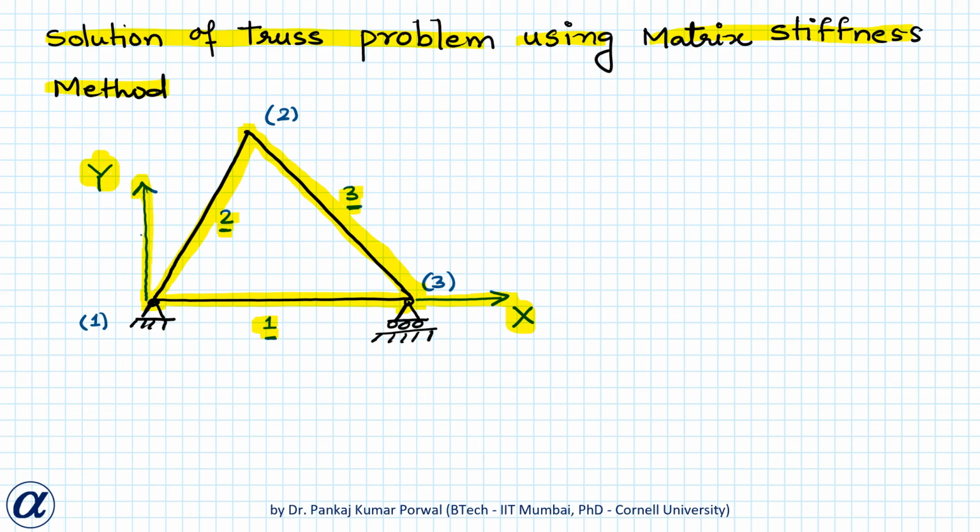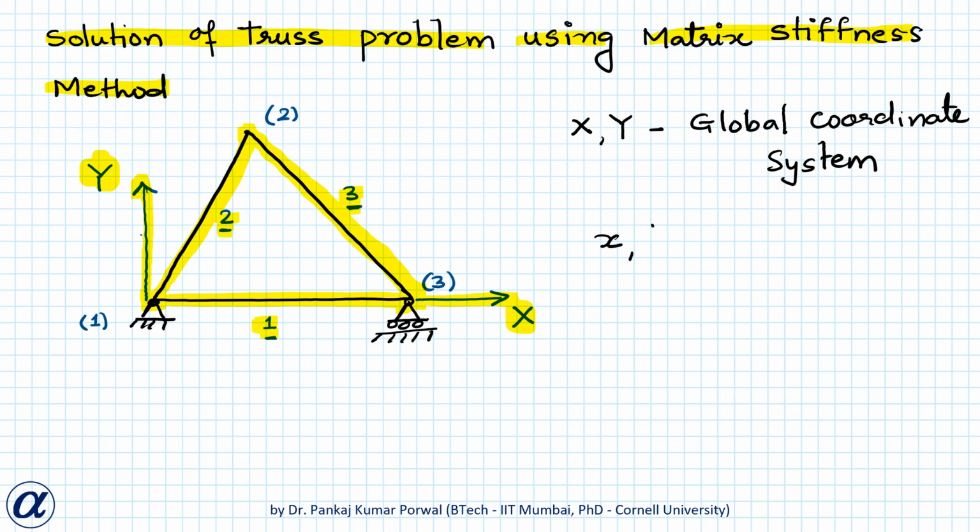Here I have also shown one coordinate system, that is capital X and capital Y. This coordinate system, capital X, capital Y, I will call global coordinate system, and I'm calling it global coordinate system because this will be applicable for entire structure, all the members. In addition to this global coordinate system, I will also define a coordinate system for each of the member, and I will denote that by small x and small y, and this I will call local or member coordinate system,